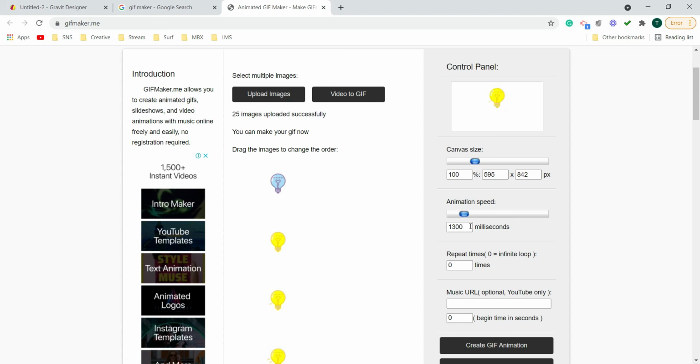To speed up the animation, we should reduce the time, meaning there is less interval between each image. If I change the value from 500 to 150, you can see that the animation has become faster. If I reduce the value more, let's say around 100, the animation becomes a bit faster still. So if you are not satisfied with the default speed, you can change it from here.